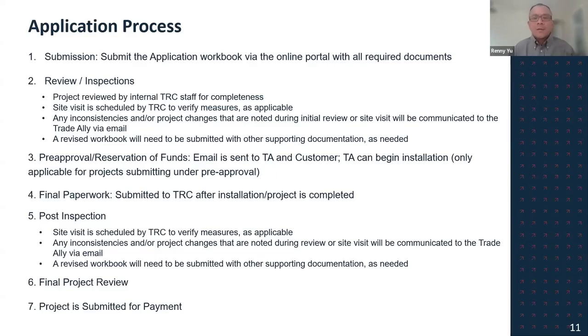If a project is selected for an on-site verification and inspection, a member of our team will reach out to the customer directly to schedule. Please ensure the customers are aware of this requirement and anticipate TRC reaching out to them. So we also ask that the site contact is someone who can escort our inspectors and is aware of the